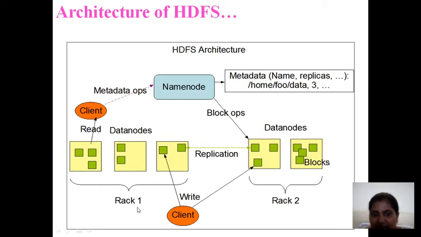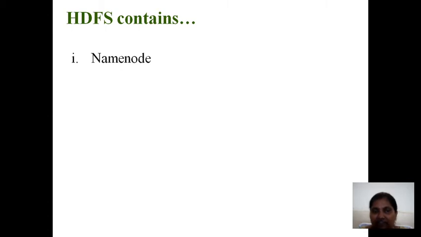So all these data nodes are available at rack 1. Here we have 2 data nodes at rack 2. These 2 are replicas. So one copy is at one rack and another copy is at another rack. That is going to be maintained by the HDFS architecture. So what the HDFS contains, as I said previously, is the name node, which contains all the information regarding the data nodes, the splits of your data, the locations, the user permissions, the user names, paths, etc. A data node is nothing but where actual data is going to be stored. It contains n number of nodes. There is no limit at all. Based upon the user requirement and the big data being generated nowadays, the data nodes can be unlimited.